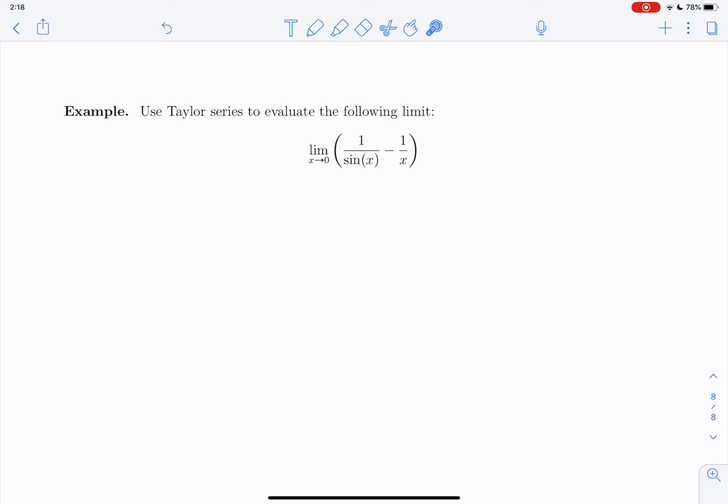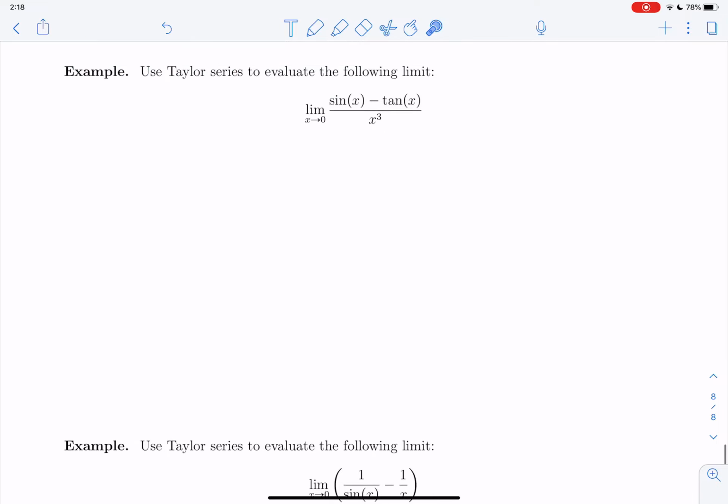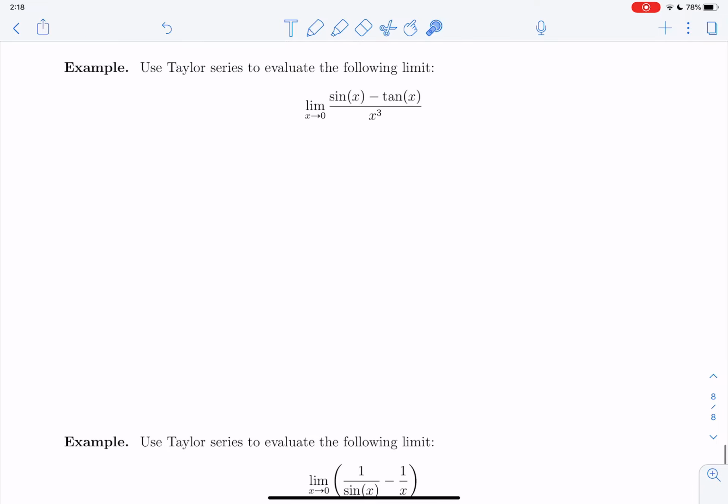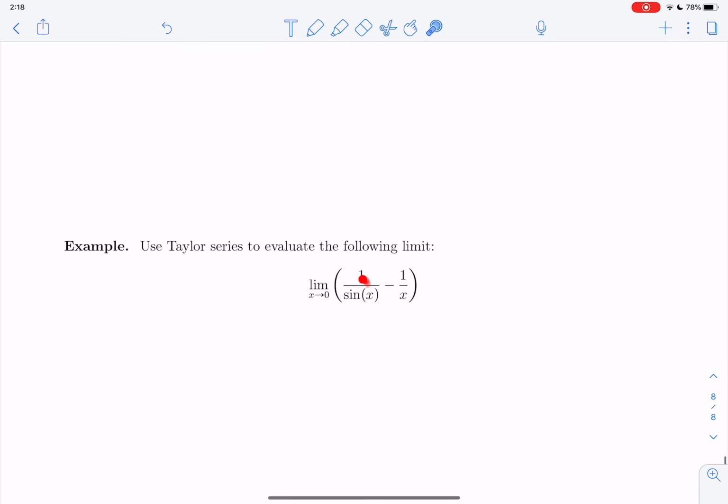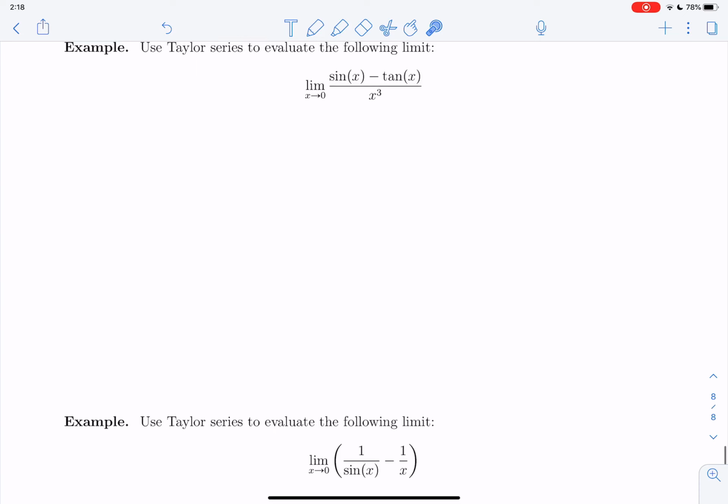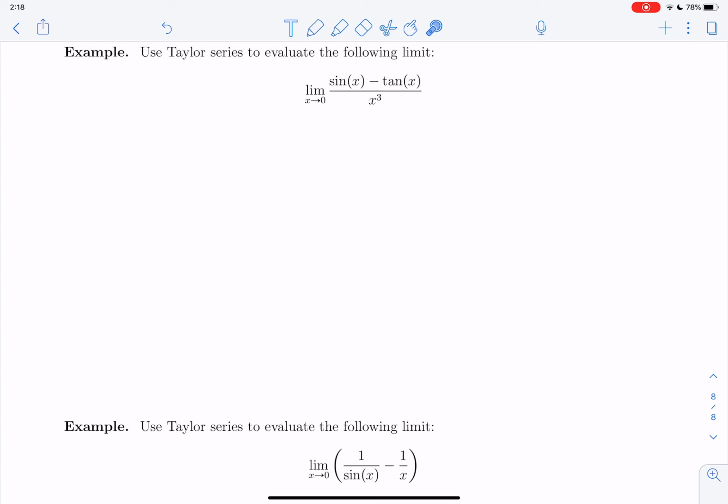The key thing here is that things like tangent and sine x, or 1 over sine x, which is the cosecant, don't have normal Maclaurin series or Taylor series. And the question is, can I still compute their limits? Well, it turns out the answer is yes, you just have to be willing to expand a little bit. So, for example, this is the same as the limit as x approaches 0 of sine of x